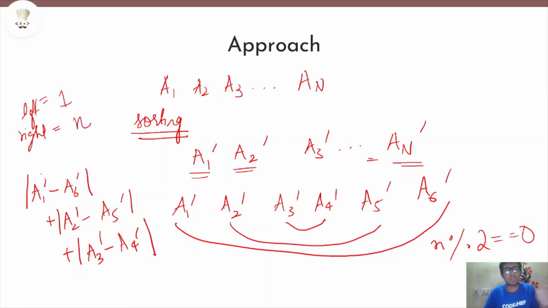We will write sum equals sum plus mod of left minus right, because left is 1 and right denotes n, which in this case is 6. Then we will increment the left pointer so that now it points to a2, and we will decrement the right pointer so that it points to n minus 1, which in this case is 5. So we do this and we will get n by 2 pairs, and then we will add these to get